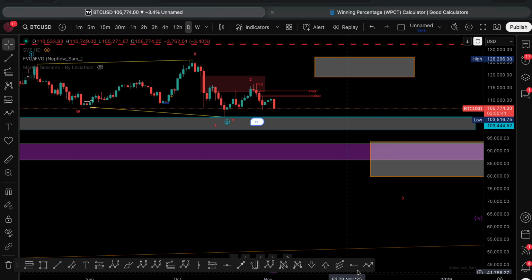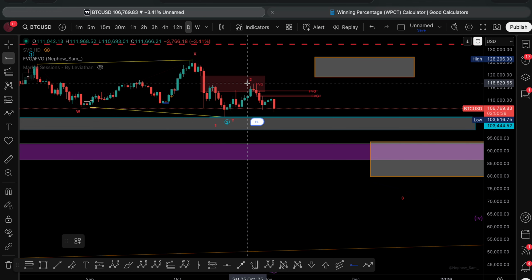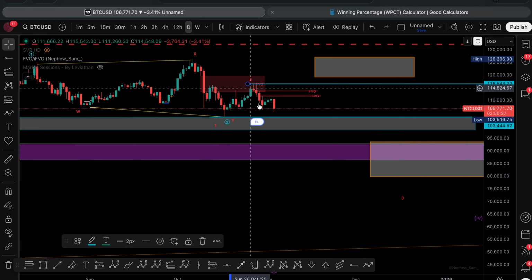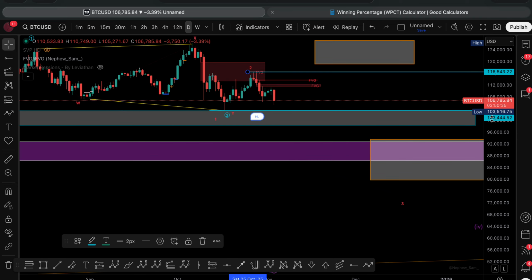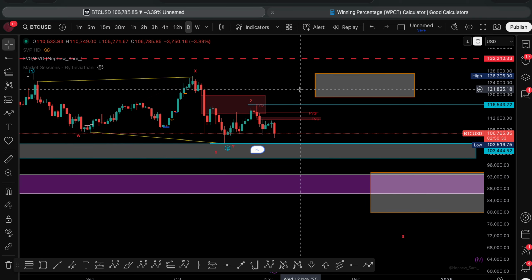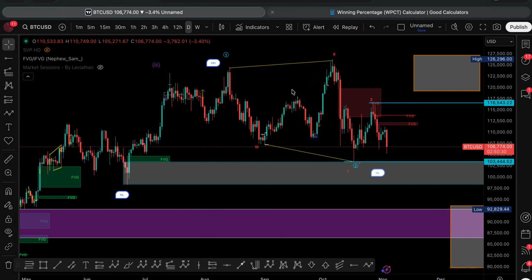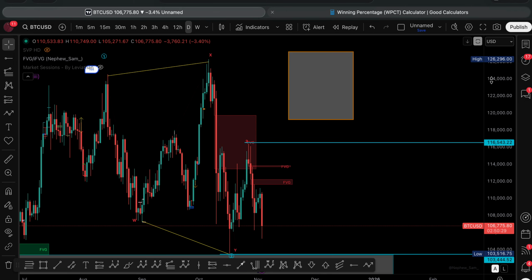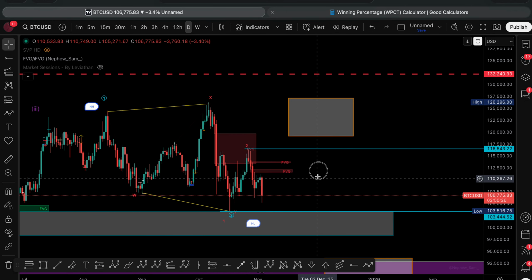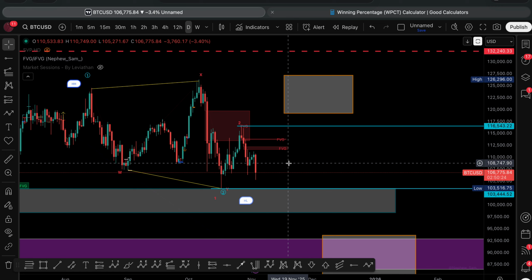Daily also, let's see, let's say from here. So this is our range. Actually, let me reset the chart. Yes. So this is our range. Again, we are not sure where the market is going. So we've had